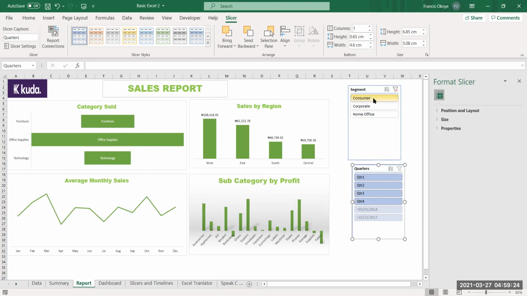Only I don't understand, sir. Consumer. Did you not see that? It's only a consumer. Yeah. This is only what? Consumer. This is only what? Corporate. This is only what? Home office. But if I want to connect it to all the other charts, then I will have to